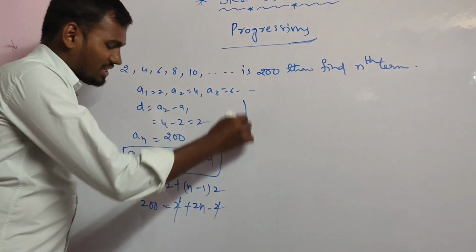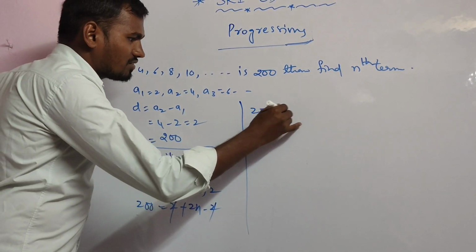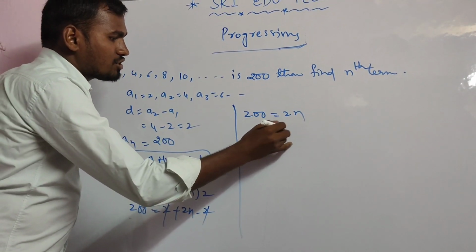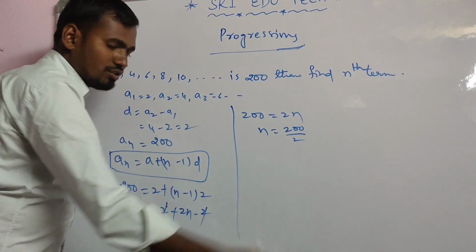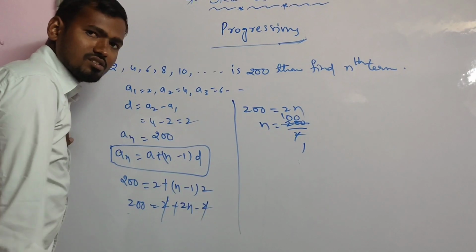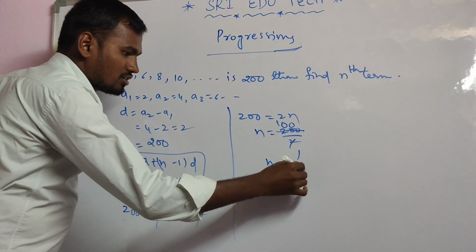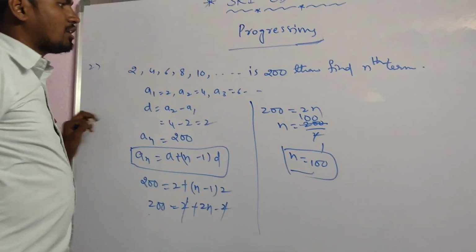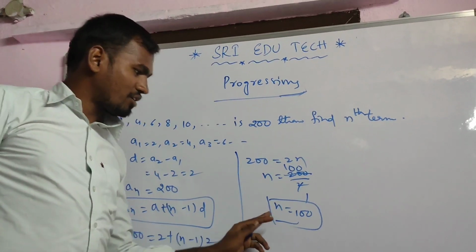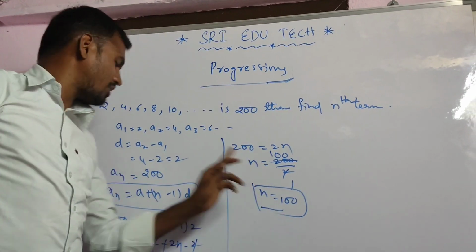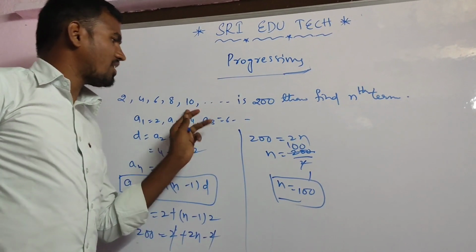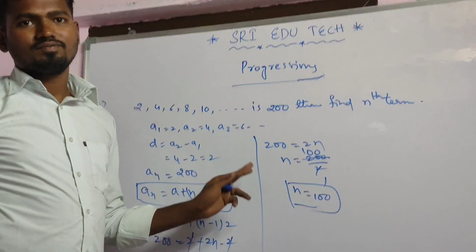Right, what is remaining, 200 is equal to 2n. Okay? Then see, n is equal to 200 by 2. So cancel it, 2 ones are 2. Then remaining 2 zeros, 2 zeros. Then it is equal to how much? 200. It means the 200 is the 100th term of the given series. Okay? N is equal to 100 means the 100th term is 200. So 200 is the 100th term of the given series. Okay? Right, next.